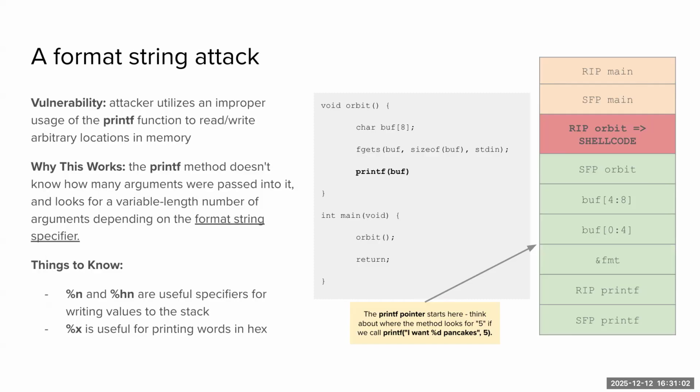However, we have an issue where we pass in a user controllable buff as the first argument of the printf function. So when this happens, now the user can control how